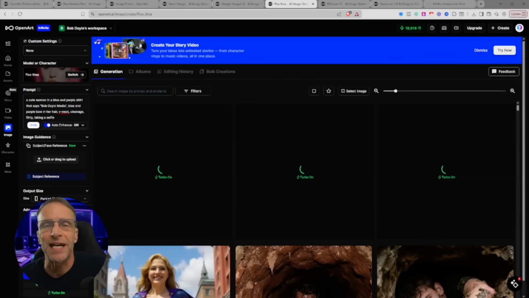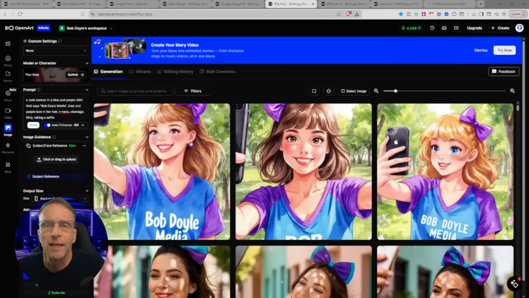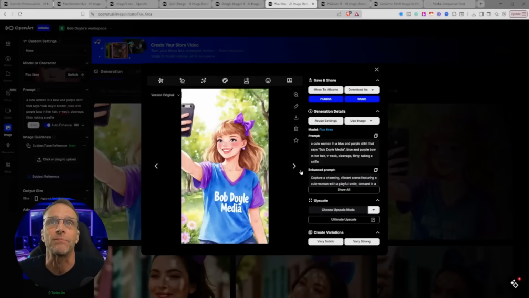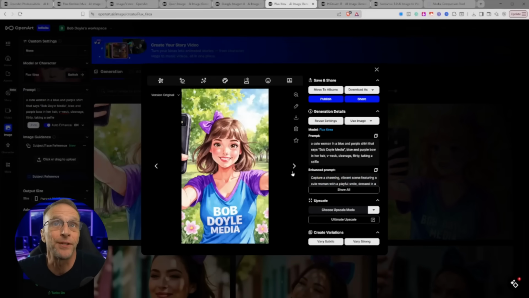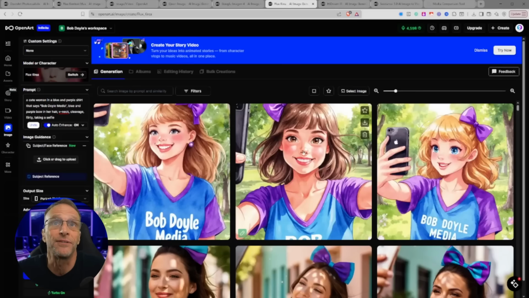Flux Crea also got my attention when it came out a couple of weeks ago because of its interesting aesthetic. It's based on the Flux model, of course, and it gives us varying results. And in this case, it gave us a cartoon illustration, which is the first time that's happened to us here. But they're fun, they spell the words right,